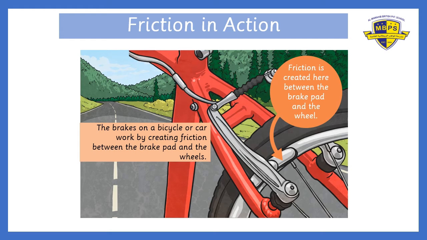It's because the friction is more on the rough surface, whereas the friction is less on the smooth surface. Because the smooth surface becomes slippery, there's going to be less friction on it. And the friction also opposes the movement of wheels, and it slows them down and eventually stops them. This is what happens when you apply brakes on a bicycle and your car.